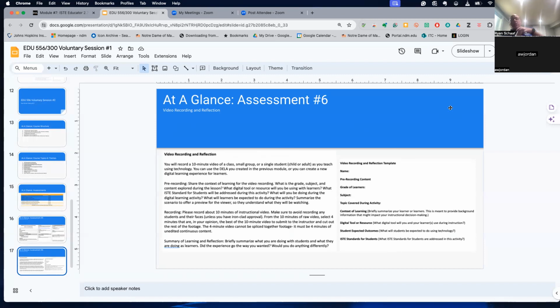Now, as you know, school systems really protect student privacy, and a lot of times they don't allow you to record students. So if you're in a classroom, you may have some permission to video record, I'm not sure. However, a way around this is you can record yourself teaching without students' faces or bodies on the screen. You can record yourself talking in front of a screen, or working with a one-on-one student as long as you have permission to record them. So there are ways that you can record yourself teaching.